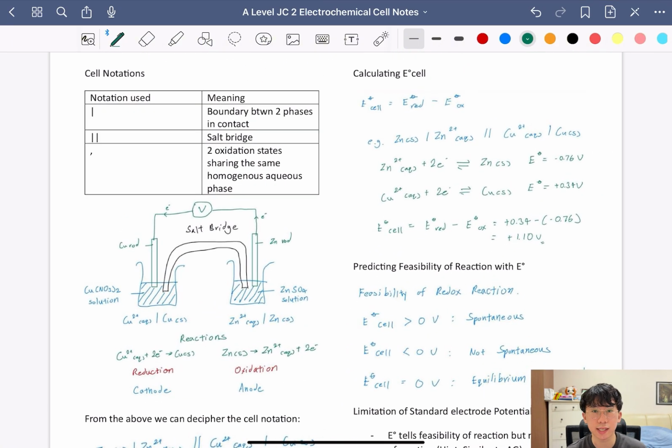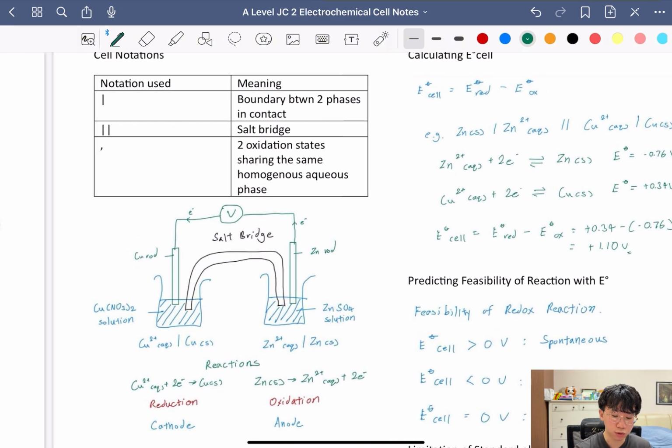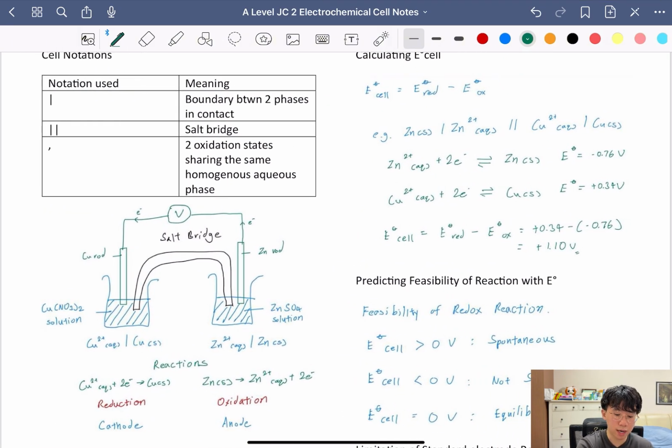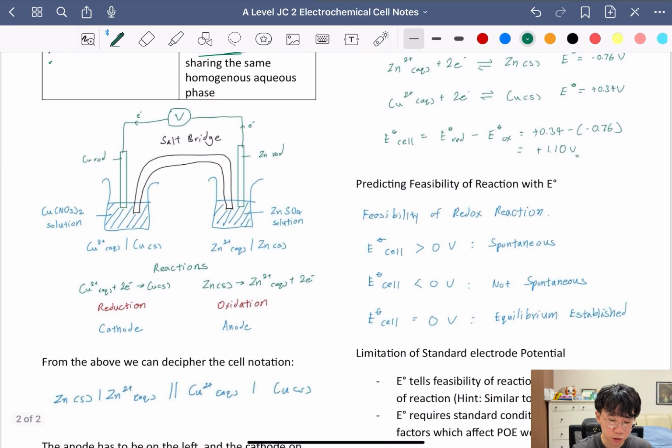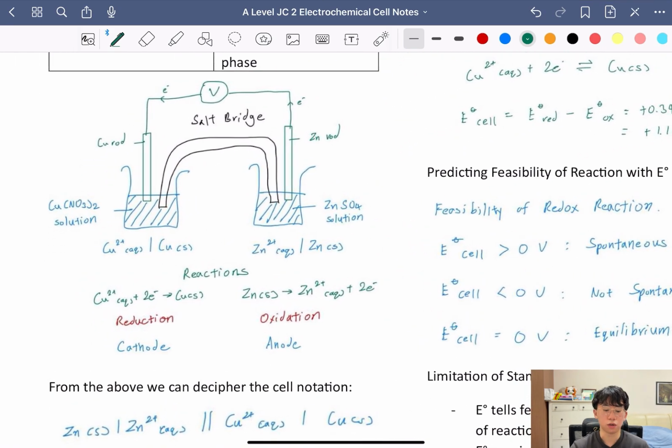Now take note of some of the cell notations as well. You might be asked to draw it or interpret it from whatever they give you. So these are the notations used. Basically this one liner over here is the boundary between two phases, and this two liner is the salt bridge, so that's easy to know. And this comma is just the two oxidation states sharing the same homogeneous aqueous phase. So for example over here, if I have an electrochemical cell like this,